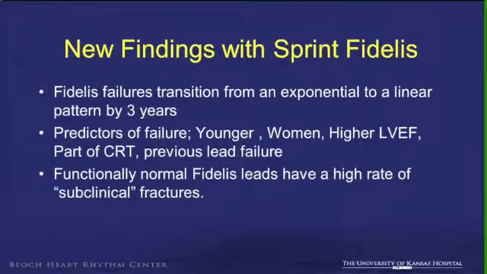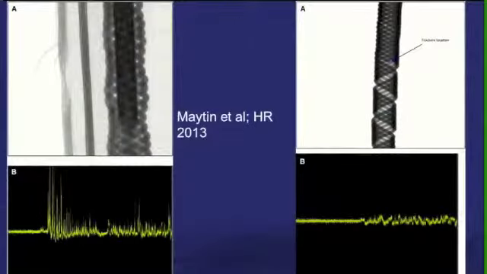The other thing which was concerning was that the leads which were functionally normal also had subclinical fractures. This was from Brigham, Dr. Epstein's study, where they evaluated the leads. They prophylactically extracted the leads even before they showed any clinical or electrical evidence of fracture. And these are the analyses of the lead under high frequency microscopes. And if you see, the leads which were functionally normal did have some damage to the conductor cables, as you can see in figure A. And if you do special tests, you can see that there is also an electrical damage to that. The same is on the right side.